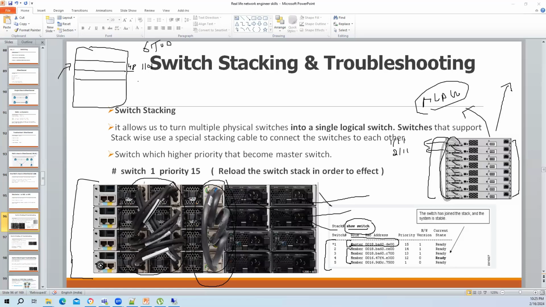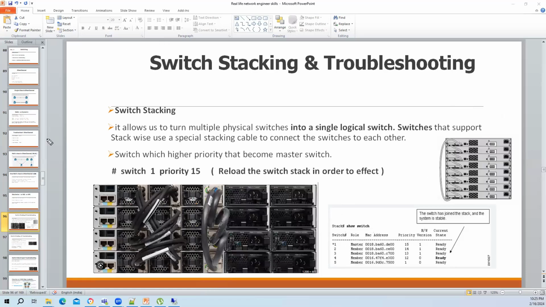Earlier, before stacking, if you had 8 switches and needed to configure a port, you needed to do SSH to this switch, and then SSH again to configure the switch port of a second switch, and similarly again. So you had to manage switches individually, but these days everybody uses stacking. So the first main advantage is